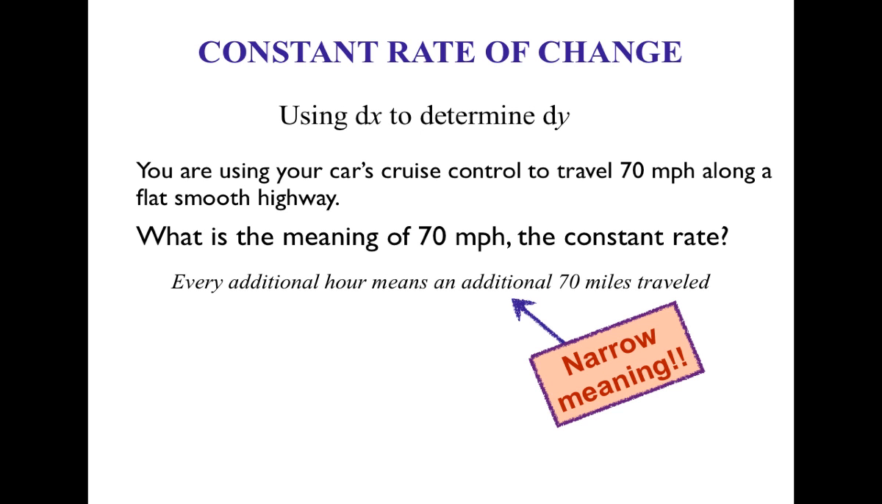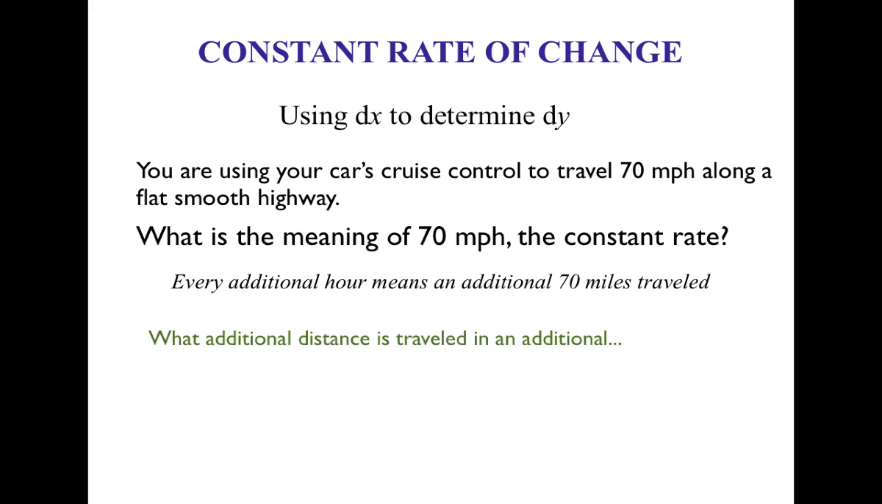All right. But it tells us so much more than that. A lot more than that. It tells us how far we go in 2 hours. How far do we go in 2 hours? Everybody. And how far do we go in 5 hours? And how far do we go in a half an hour? And how far do we go in a tenth of an hour? 7 miles. Okay? So a constant rate tells us so much more than the change in the quantity for one